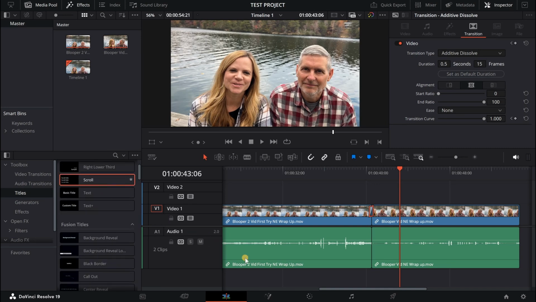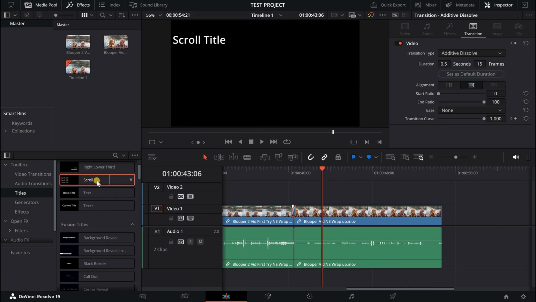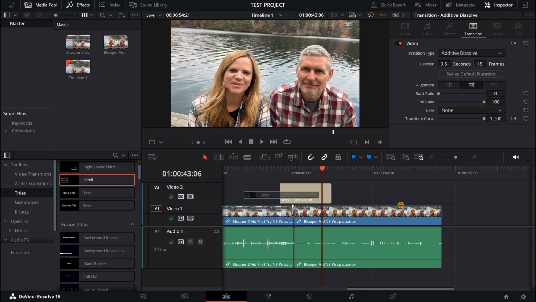Do the scroll one, so it's going to scroll up the left side. We can move this over so we can put our ending up here. So we're going to do the scroll transition. Just click on it with your left, bring it over. These go up here unless you want it to overlay something, so you just put it up there at the